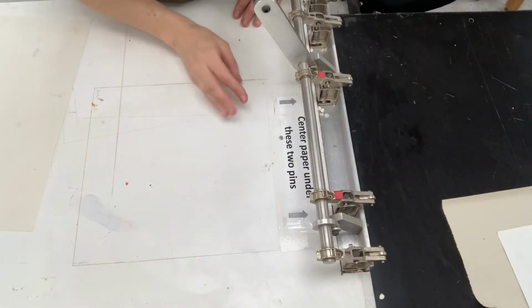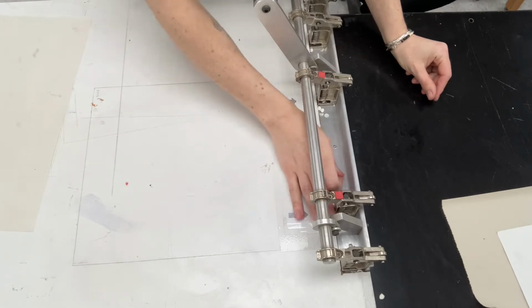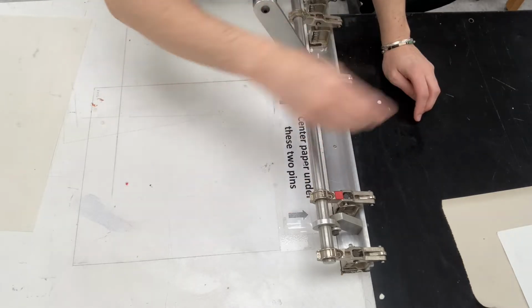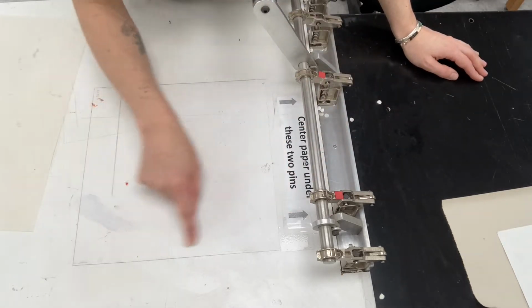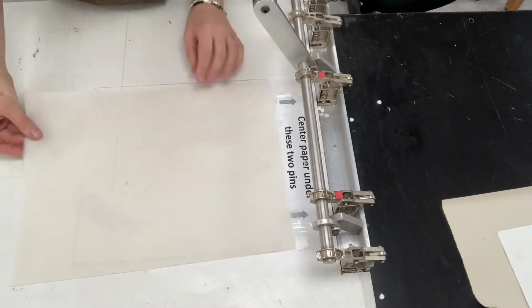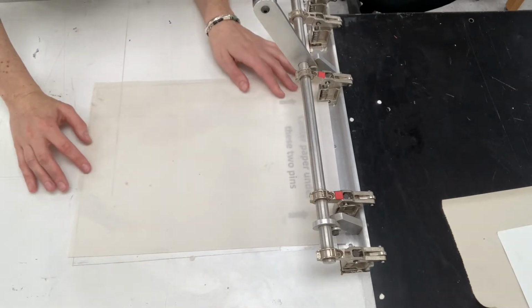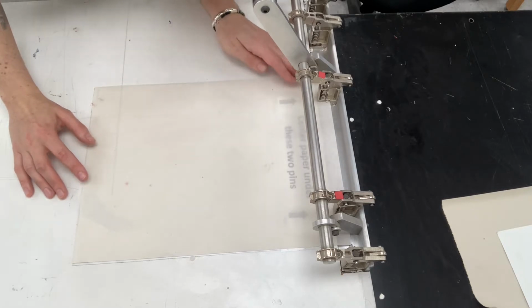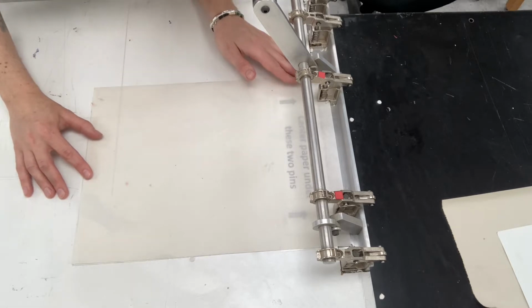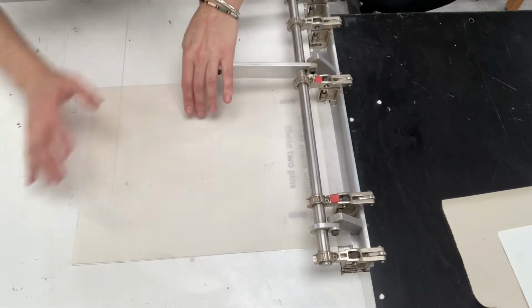So this is the punch for the punch registration system. Sometimes you need to make sure that they're not blocked by previous hole punchings. I've made a little diagram of where to place your paper. So I have my 11 by 15 paper here. It can be a bit tricky with this Kozo paper because it's so delicate, but I'm making sure that it lines up with the bottom down here and is flush with the back at the top. And then I'm going to press down,